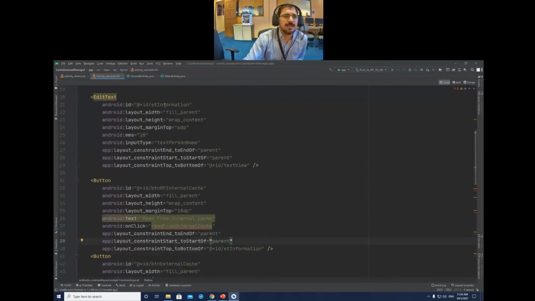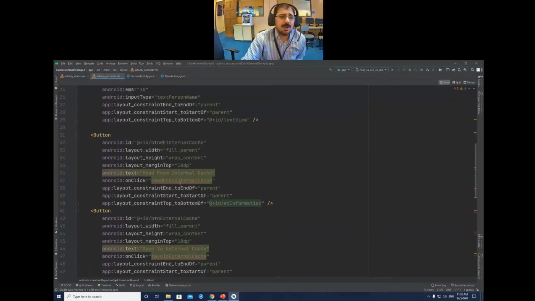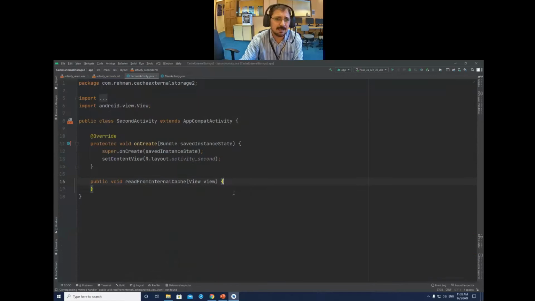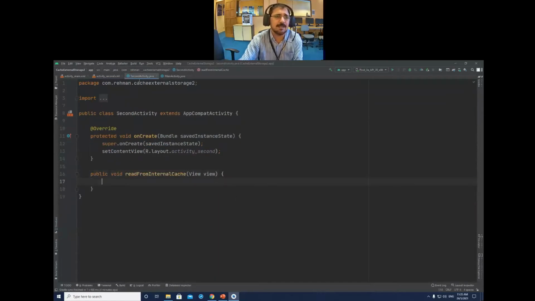Okay, and this one, the bottom constraint is correct, no need to change because we didn't change the top edit text id. Okay, so this one read from internal cache. Android Studio says that you should create this one. Yeah, we should create. Okay, done.